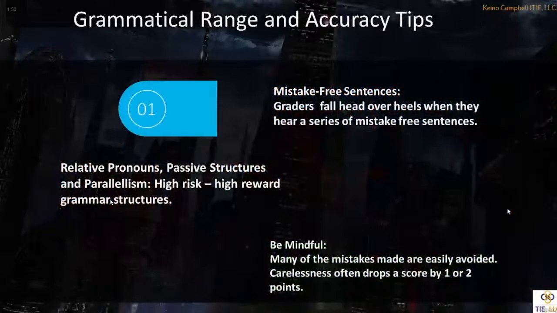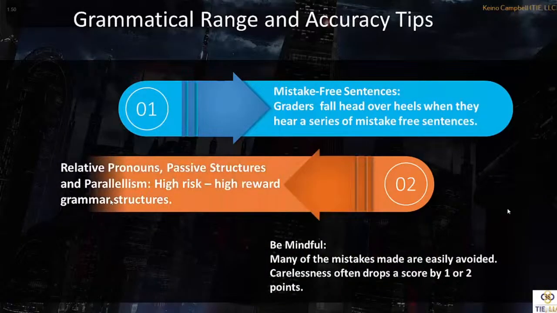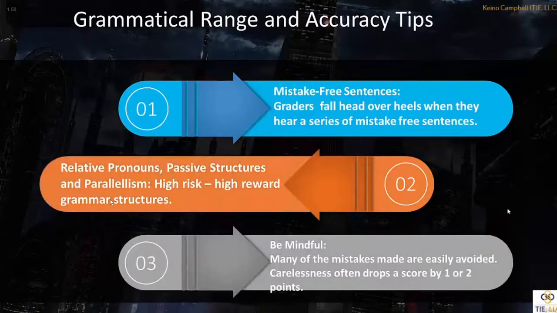Now, graders, like I said, they love mistake-free sentences. Love it. Also, in terms of this number 2, one thing that I want to tell you guys to really work on is your parallelism. Parallelism deals with you being able to give a list, most of the time a list of items. I have so many mistakes in parallelism, right? And passive structures and relative pronouns. Just be mindful, okay? Always practice like it's the real exam. Always use correct grammar. Sometimes I hear students say, oh, yeah, I know I messed up on my grammar, but I'm just practicing. Well, the way you practice is the way you're going to perform on the exam,